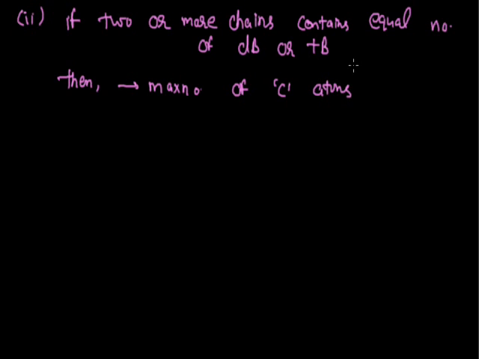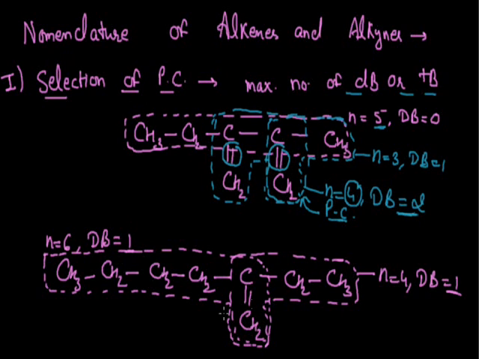So in the condition where the number of double bonds or triple bonds is equal, we will move to the longest carbon chain which contains the maximum number of carbon atoms. According to the rule, if we see the example that we took initially, the chain starting from the left hand direction will be the parent chain for this organic compound, since with the maximum number of double bonds, it contains the maximum number of carbon atoms.